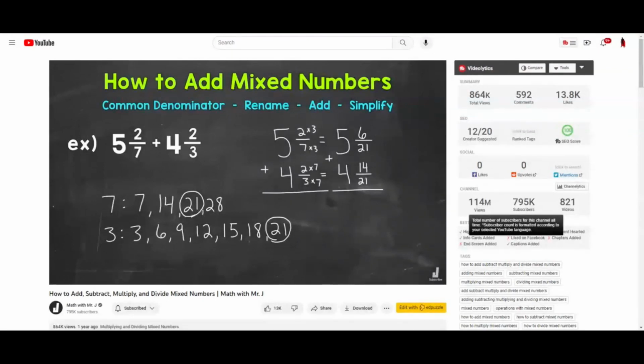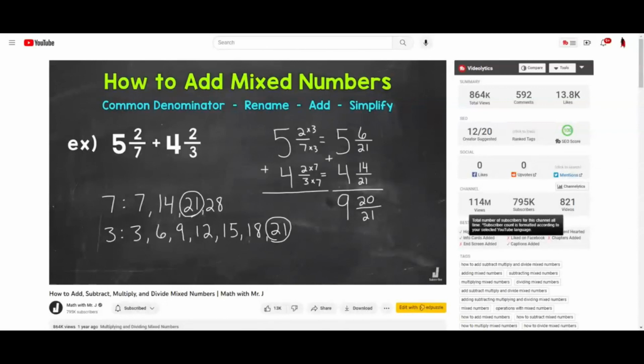So let's add our fractions and then whole numbers. So for our fractions, add the numerators. 6 plus 14 is 20. And then we keep our denominator of 21. So 6/21 plus 14/21 equals 20/21. So we added our fractions. Now let's add the whole numbers. So 5 plus 4 is 9. So our final answer is 9